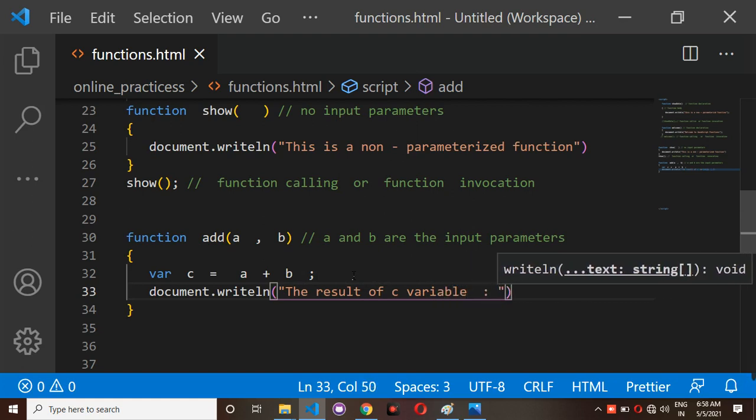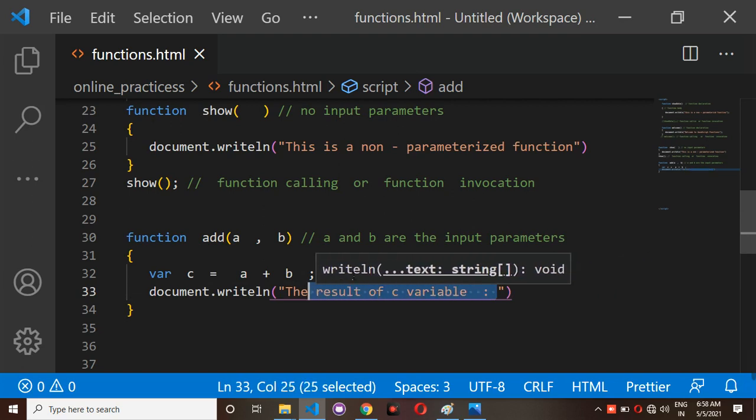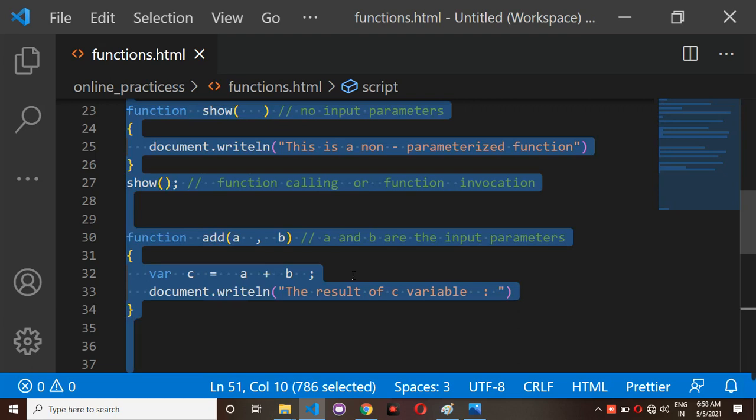First observe here, inside double quotations, whatever text you have written will be visible on the screen as it is. Just observe here.